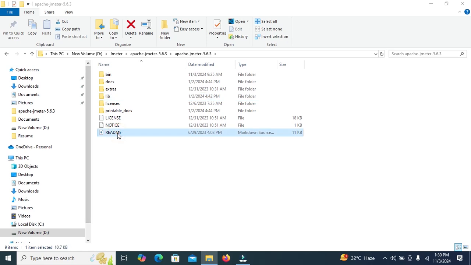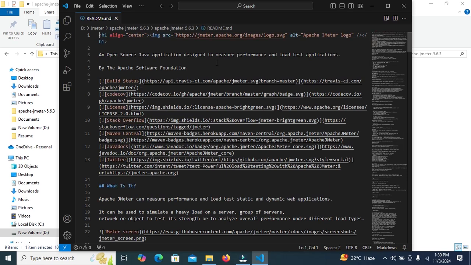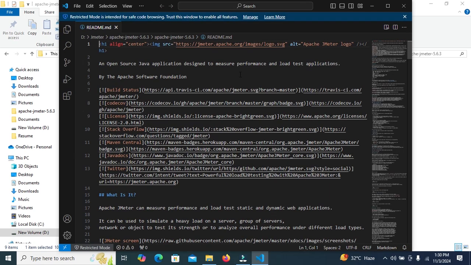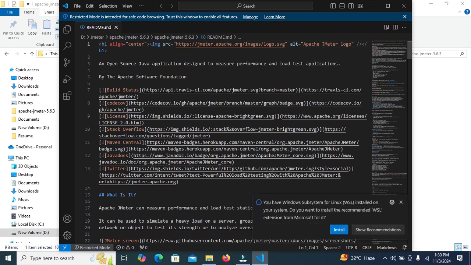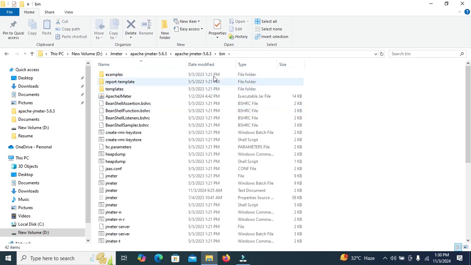README: if I open this README, it is a file providing an overview and instructions on setup and using JMeter. By using this README, you can view the instructions and how you can set up JMeter. Close this. Inside this bin folder, the examples folder is available that contains sample test plans that demonstrate JMeter features